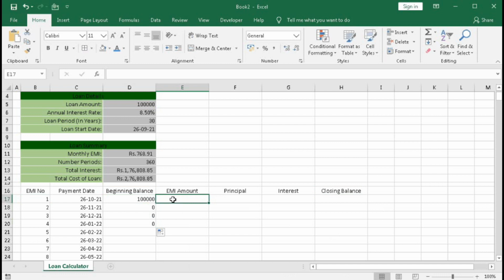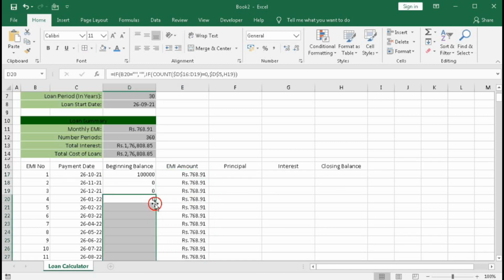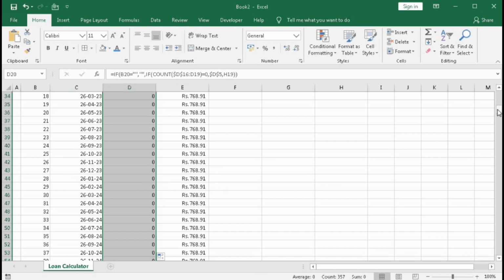Then EMI. So EMI will be fixed, so it will be this value, press F4, enter. Now drag this till the end, drag this also till the end. Okay,